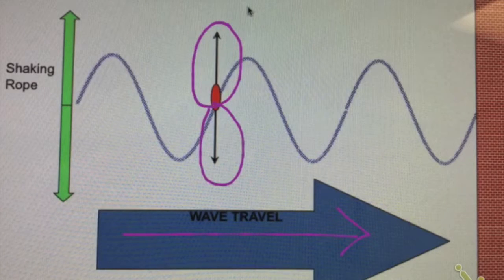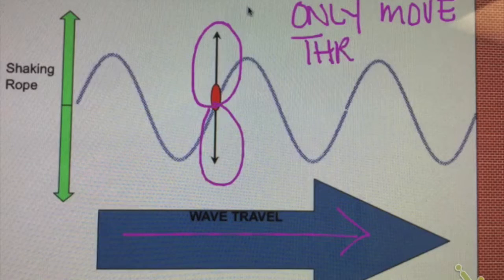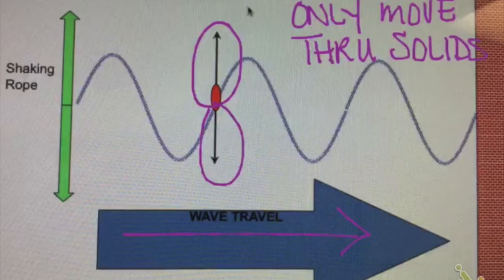These waves can only move through solids. That might be something you want to know. Only move through solids. So when we're looking at transverse waves,